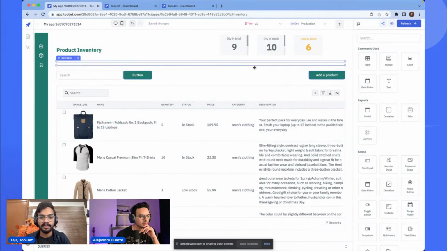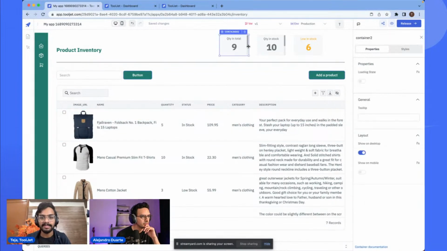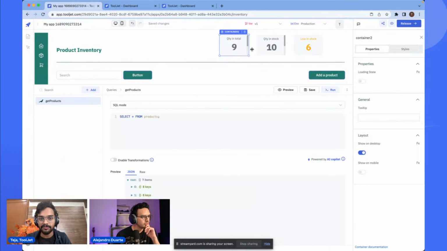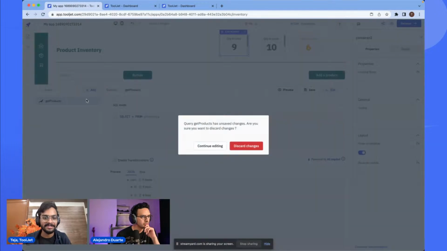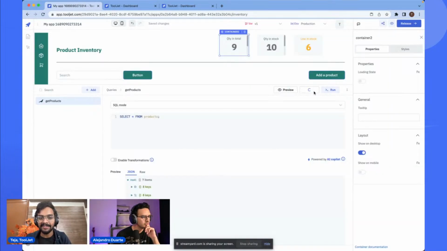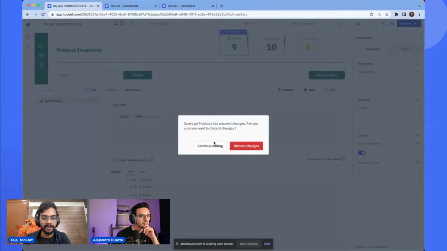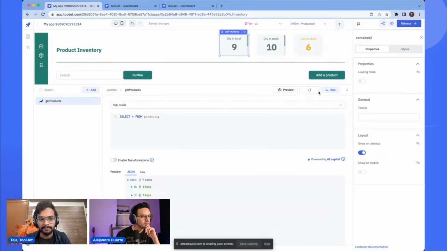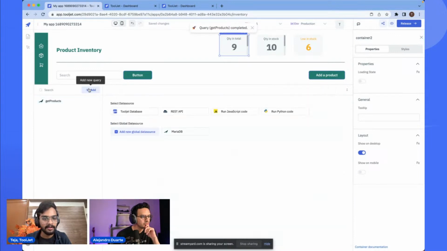So for that, let's quickly jump on and bring these values and fill them dynamically, and then we'll jump on to adding a product section. Okay. Because this is more straightforward and easy. So I'm just choosing it in the first place. You can save this. Now that it is already run, we can have another query. It's saved, right? You can run it again if needed, and go add a new query,